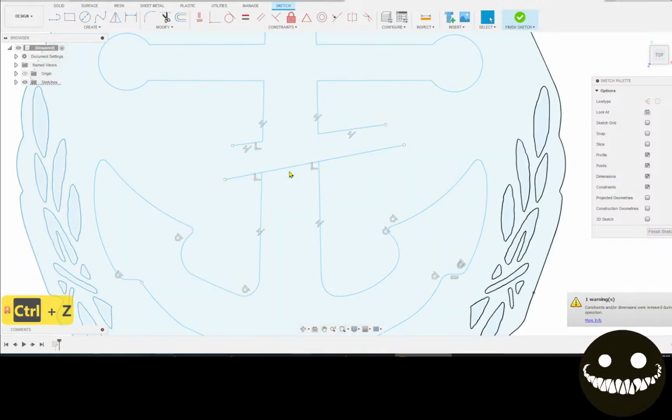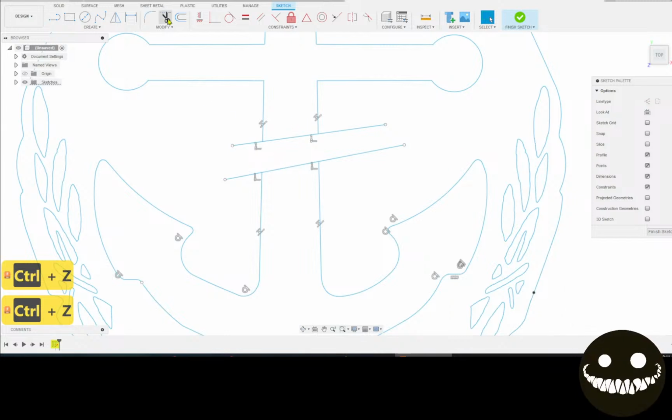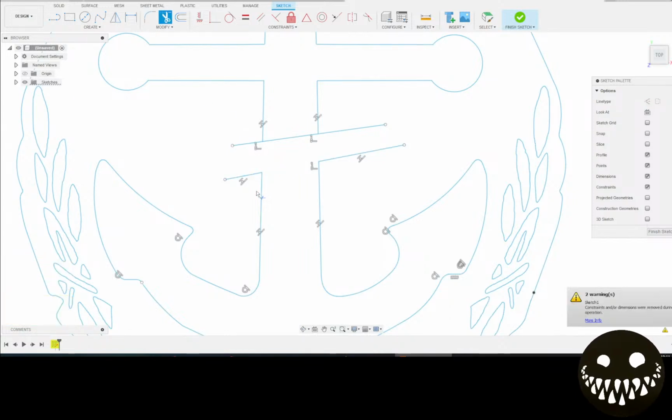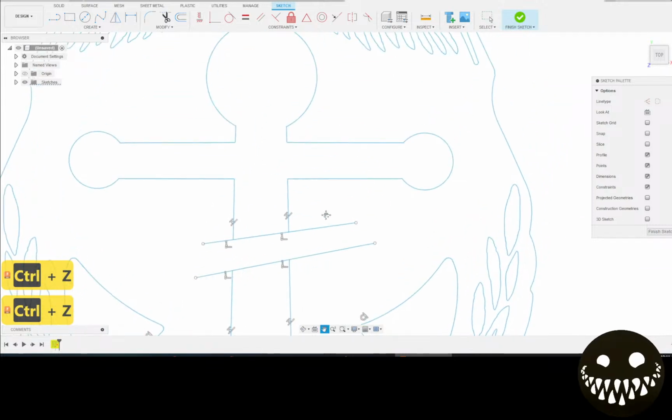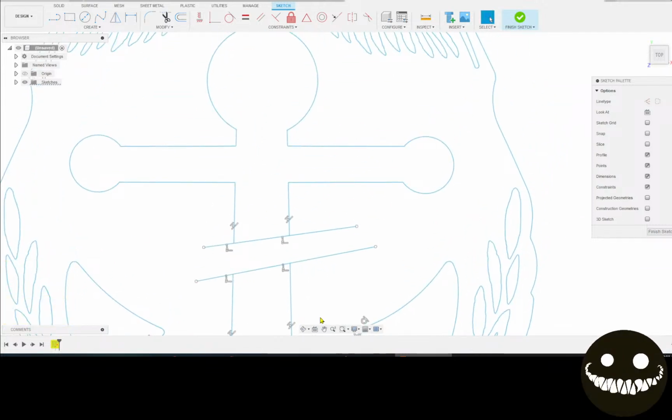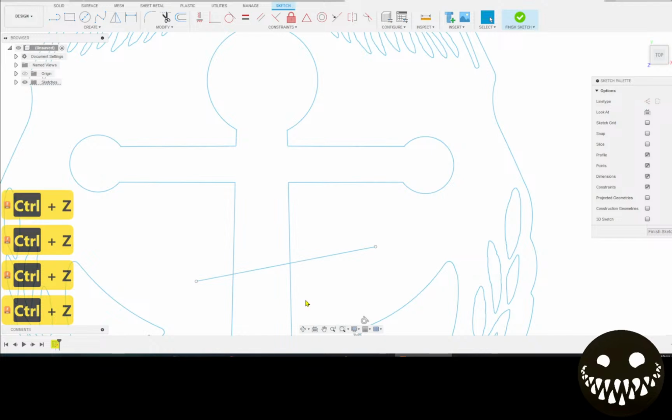Okay, let's try the other half. Go to trim. So this is kind of a modified version of the divide and conquer method of finding errors, which hopefully one day Fusion will do away with some of this. But all right, so it's not that side because it didn't turn blue, so we know that error's on this side. Awesome. Let's back up again to here,